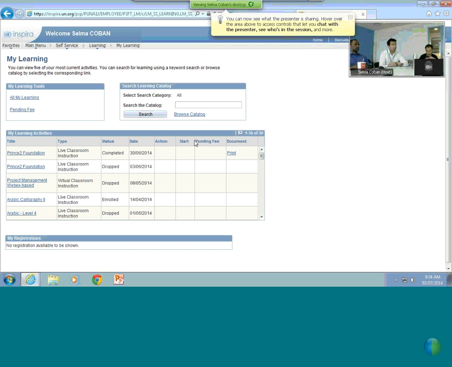So you have three boxes. One is my learning tools, then search learning catalog, and my learning activity. In the search learning catalog, you have two different ways of searching for courses: one is the search and the other one is the class. I will show you the search, which is the only one I've been using, and which I suggest for staff members.